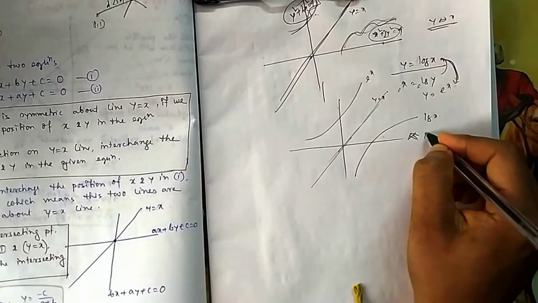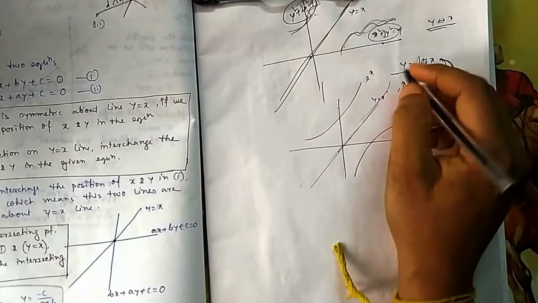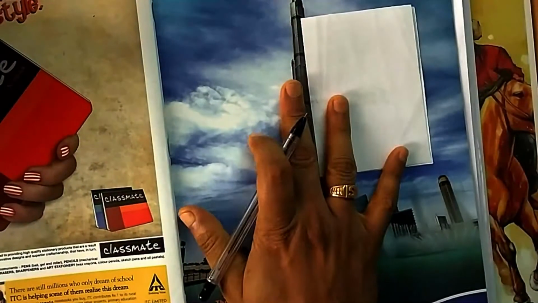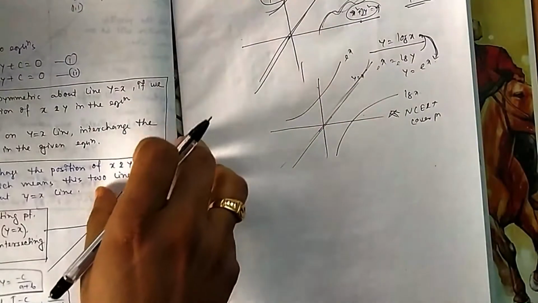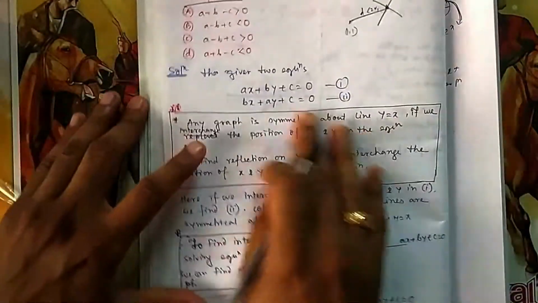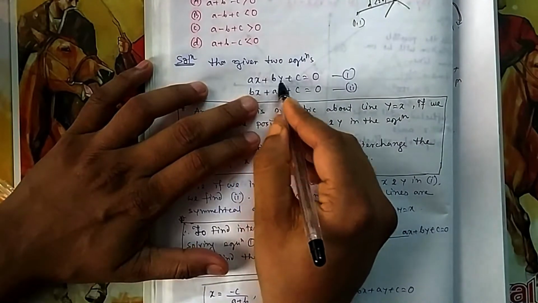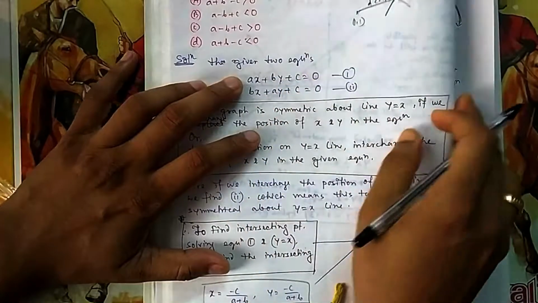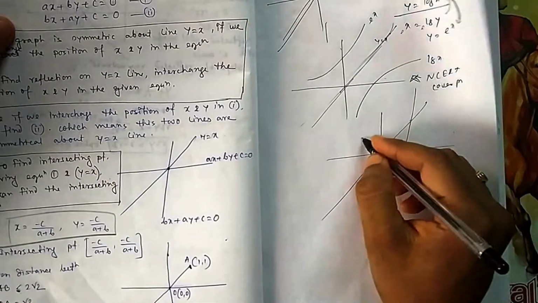This figure you will see on your NCERT book cover page. That is the importance of this figure. Here I am mentioning this because you see here that y and x have changed positions. In these two equations, in place of y it is x, in place of x it is y. That's why it is bx and ay. So that means it is the image of this line. What is the image of a straight line? If this is the line, the image of this line is this one.